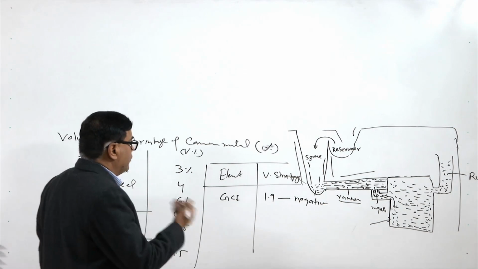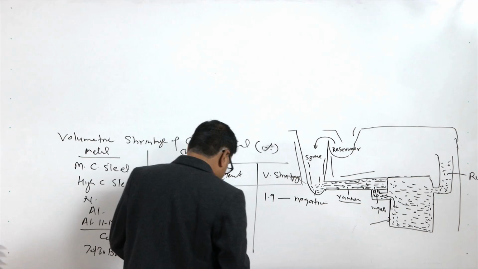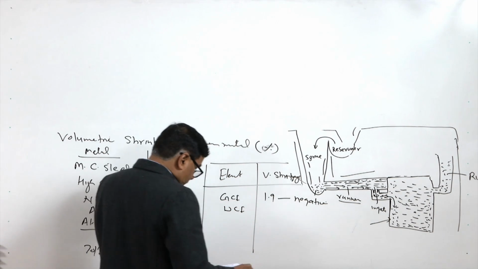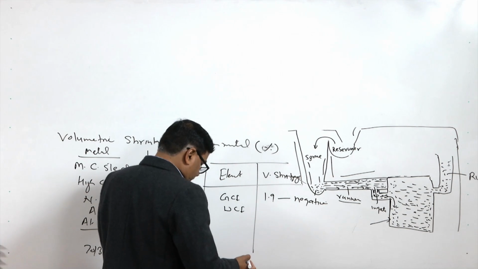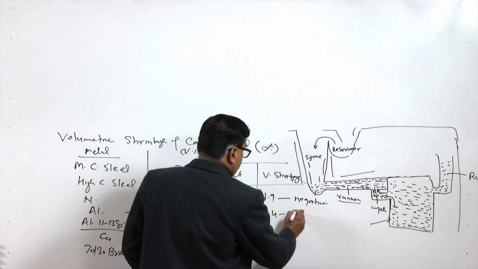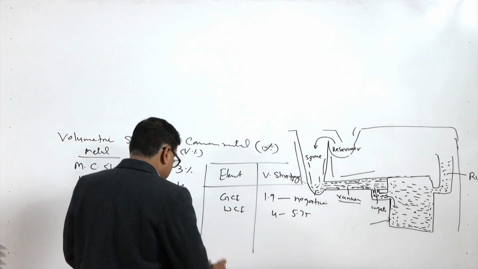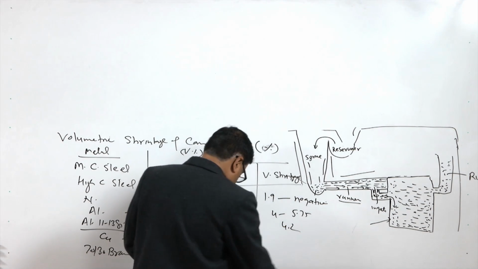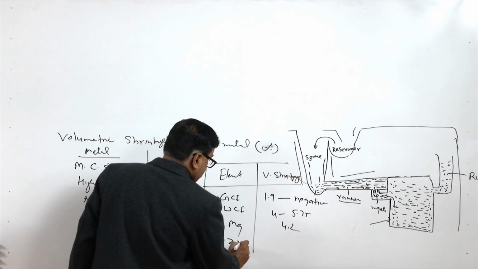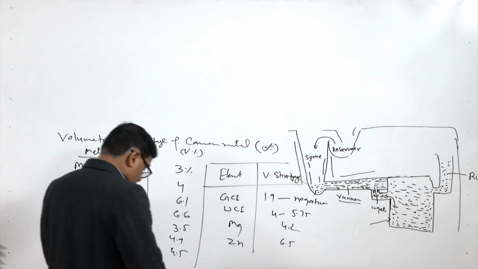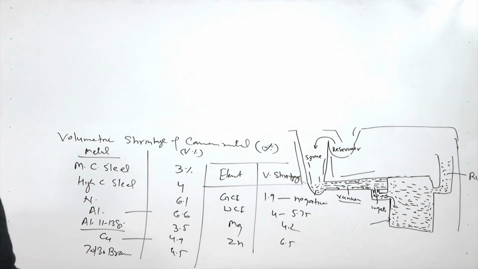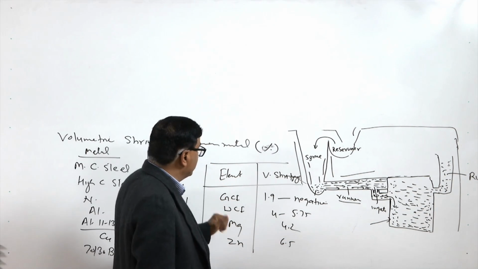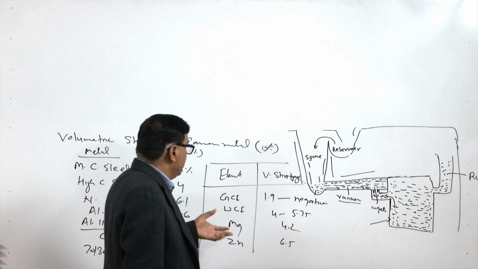So, depending upon the graphitization, the change in volumetric shrinkage can happen. For the white cast iron it varies from 4 to 5.75%. For magnesium it is 4.2 and for zinc it is 6.5. So, if we see there is a significant variation in the volumetric shrinkage which happens, and it can vary